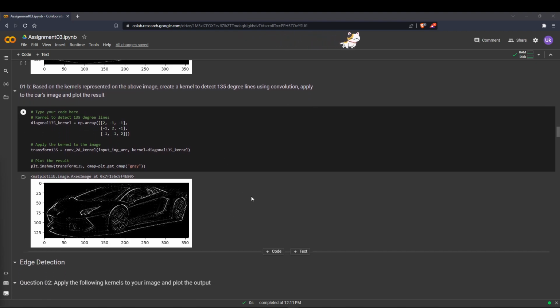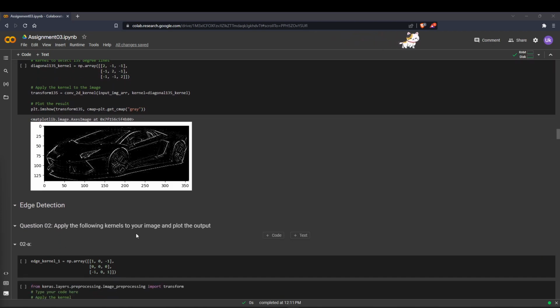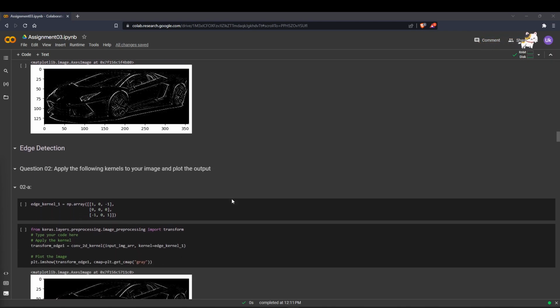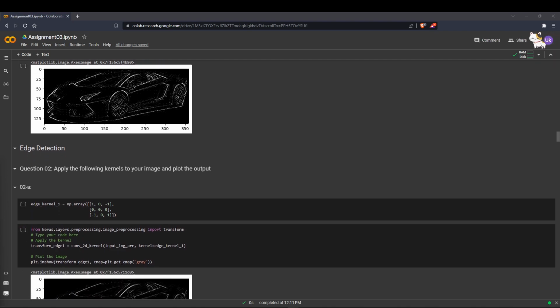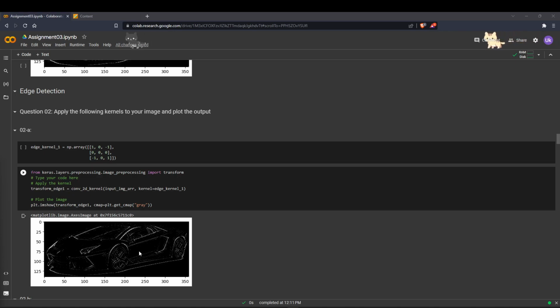And we're going to the edge detection. Question 2 is we're going to apply kernels to our image and plot the output. And this is our first edge kernel. This is what it looks like. And we are importing the necessary image pre-processing, and we're applying it to our edge kernel 1, and we're plotting the image, and this is what it looks like. You can see that some lines are sharp,